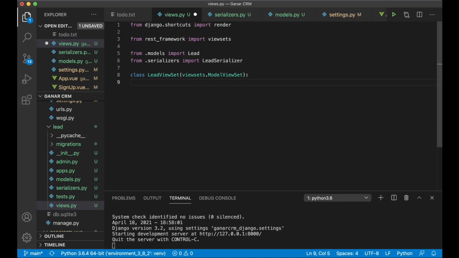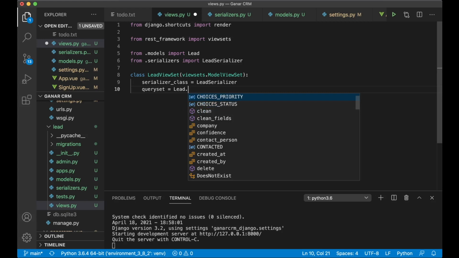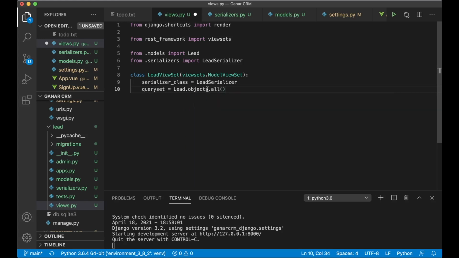And the serializer class we want to use equals the lead serializer, and query set equals lead.objects.all. But this will give us all of the leads in the database, even if you are not the one who created this. So I need to override that functionality by creating a function in here called def get_queryset, pass in self, and then just return